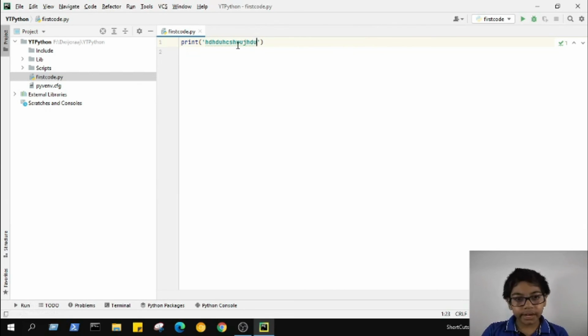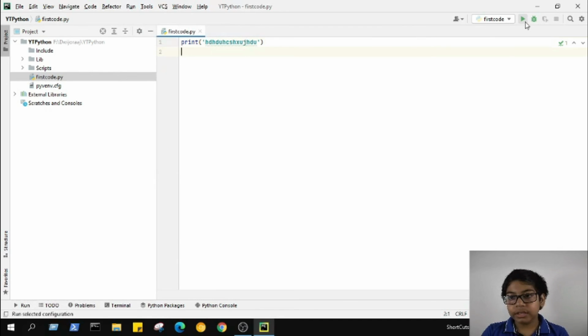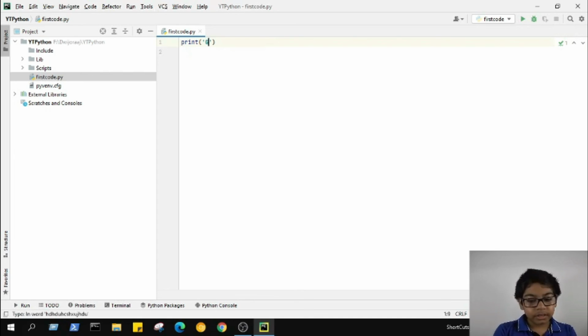And in case you're wondering how I run that instead of going over here and running, well, I clicked on this little run icon, and because it's selected, if I click on that, it will run instantly. So you can try out printing lots of things. So for now,